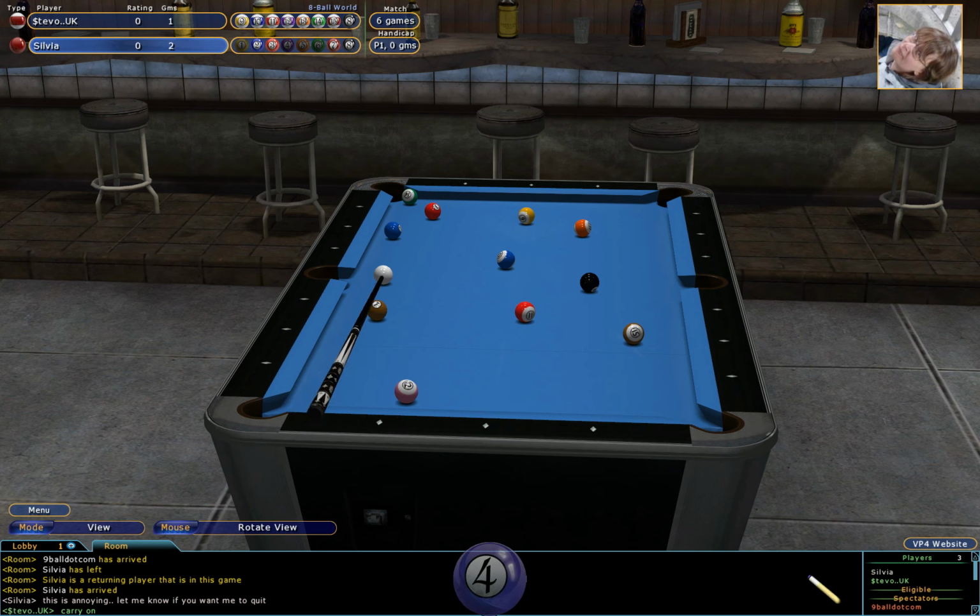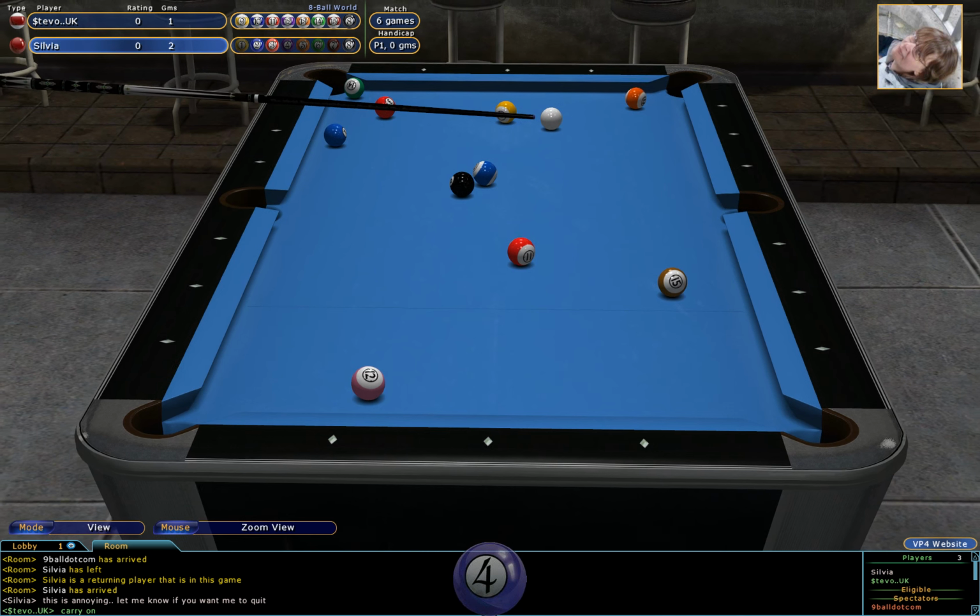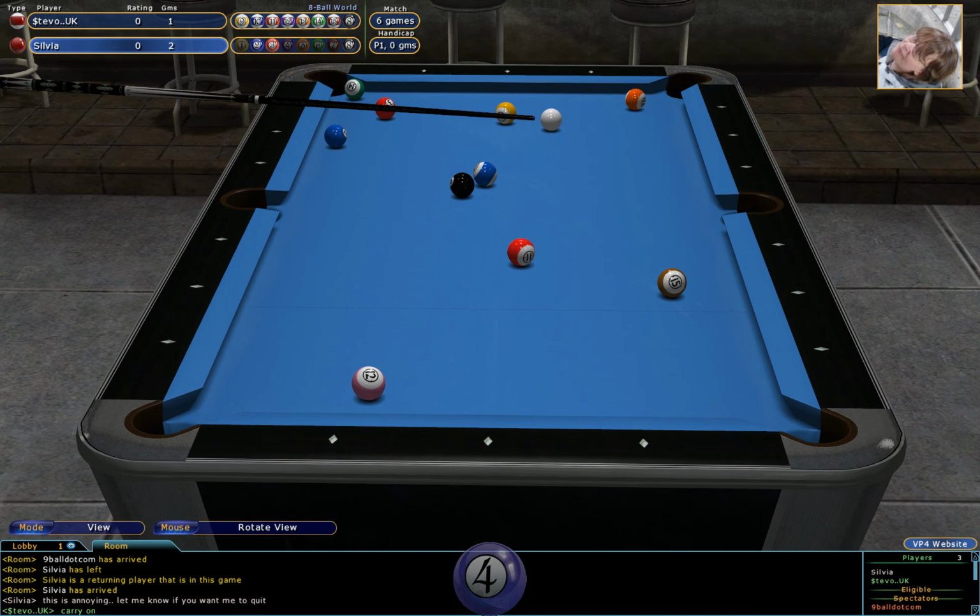So that's us had a look round at the tournaments and how you go into tournament rooms, how you find out what's happening in the tournaments. One thing as well, when you're in a room, you can either hit Control Z or just click the VP4 website, and that'll take you back to the previous page you were at. So that match is actually playing on at the moment while I'm looking at the brackets, and I can go back to that room straight away and catch up with what's happening. Very good. So we'll leave that room,